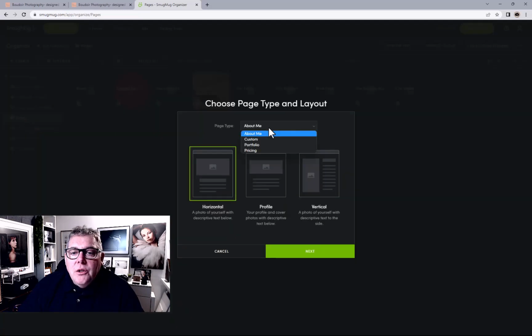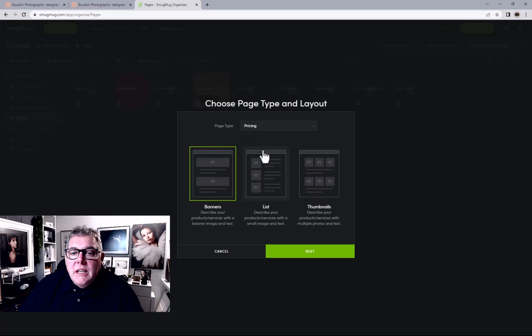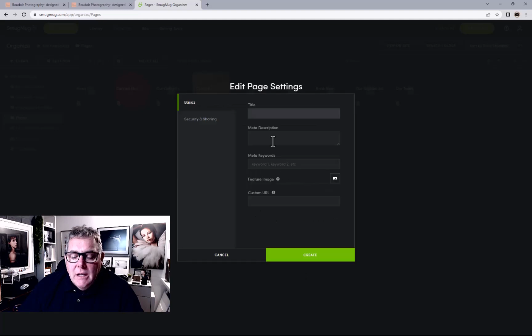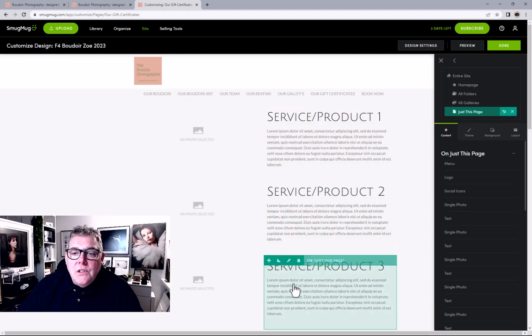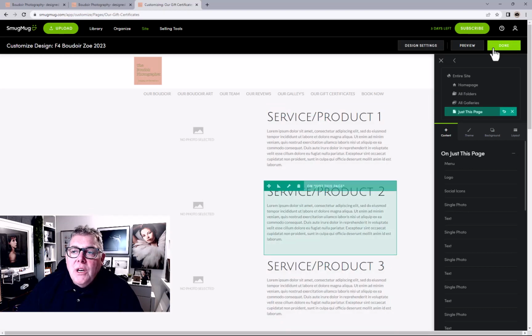And now what we want to do is go into the pricing, and we want to choose the likes of the list here. I'm going to press next. If I paste the gift certificates into the title here, automatically the custom URL, if it's available, is made. If I click on Create now, it's going to go into editing the page. You can see all the services running down the side. And if we just press done for a minute